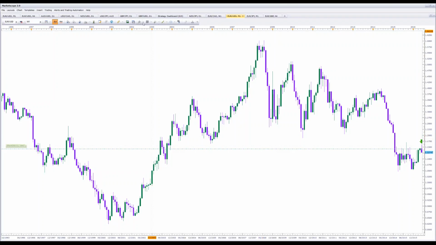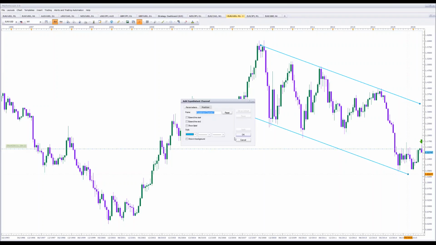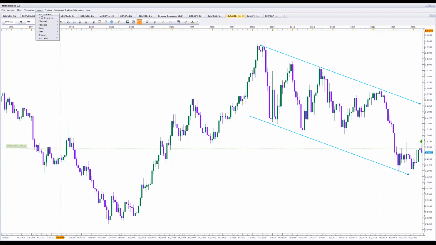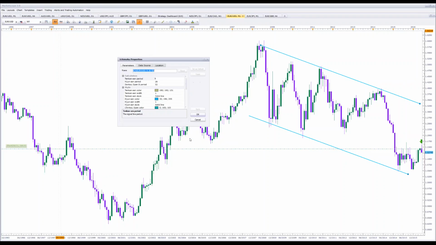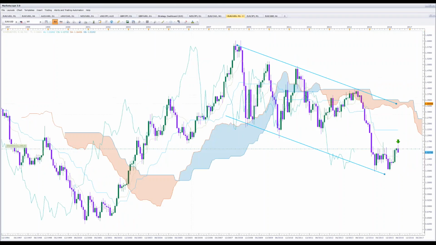We also have a downward channel going on. This is a little bit more within the lines, so it's been really zigzagging between these two support and resistance levels. Adding the Ichimoku cloud, we realize that the pair is still remaining below the Ichimoku cloud in the monthly chart. And furthermore, adding Fibonacci to the most recent downtrend, which started back in 2014,